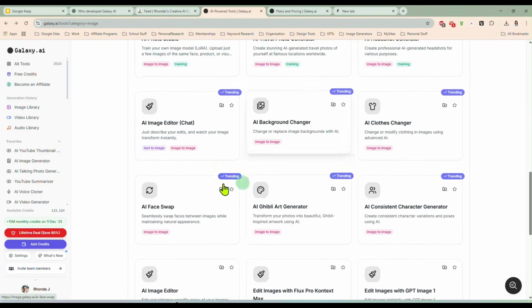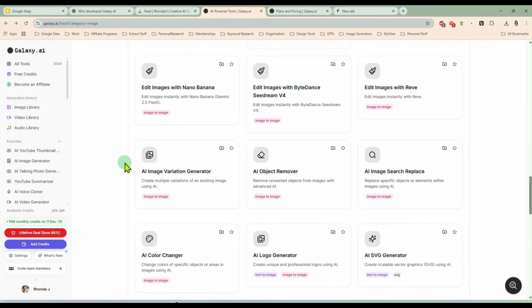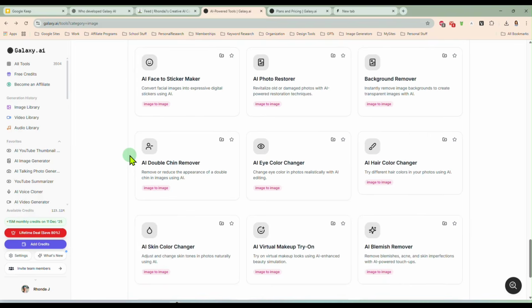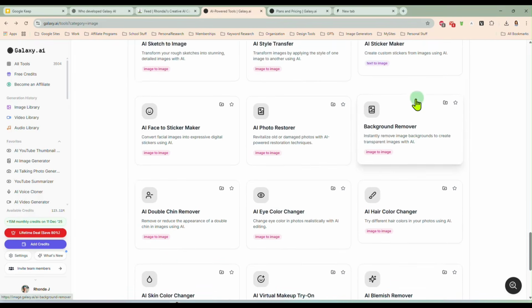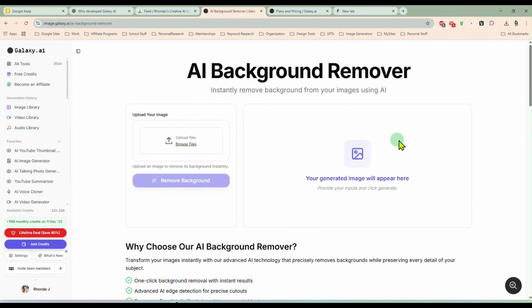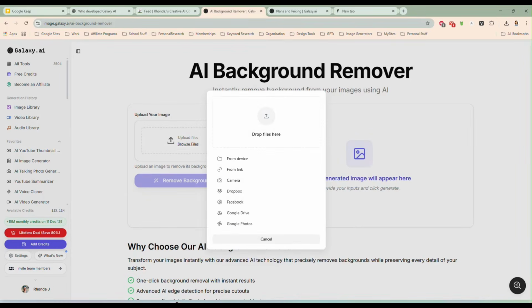And, like I said, I'm looking through here. I have my regular tools that I use all the time, but with over 3,000 tools, there's a lot that I don't see all the time. It does have a background remover. I have used this before. I will be honest with you, it is not my first choice when it comes to background removal. I don't think it does as good of a job as even